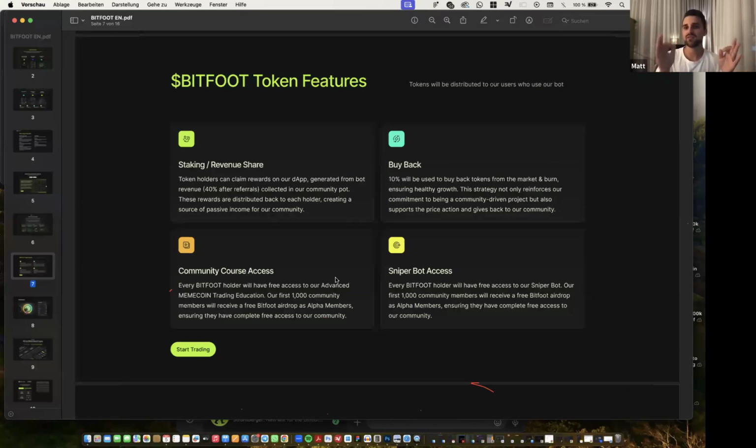For every buy and every sell, there is a 1% trading fee. From this 1%, 50% goes off into our affiliate marketing program. 10% will be used to buy back tokens from the open market and to burn them immediately, ensuring healthy growth. So I repeat that. Those 10% are not on some wallet where someone's buying and selling how he wants. No, those 10% are coded in the smart contract, meaning whenever a transaction is happening, the trading fee is deducted,